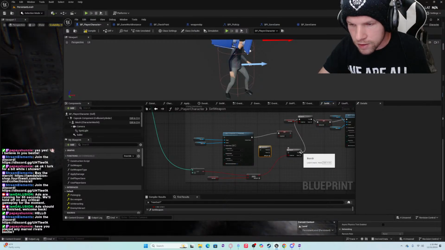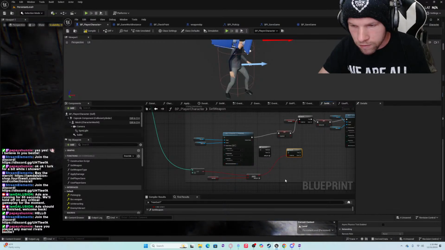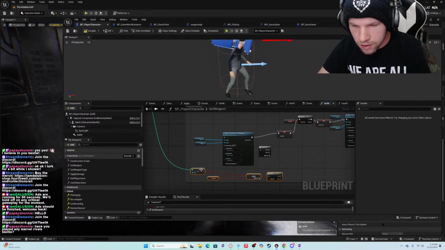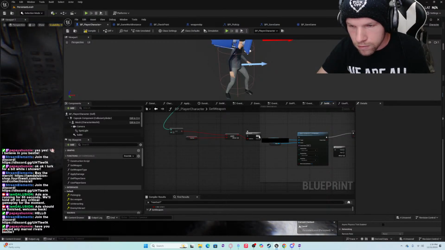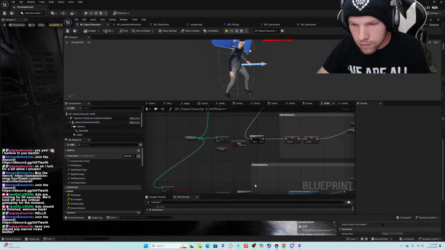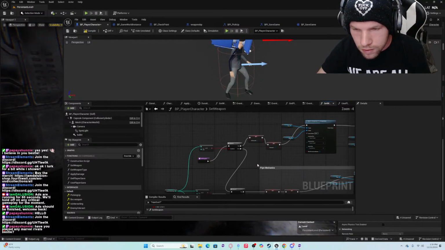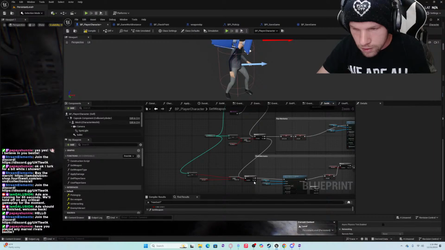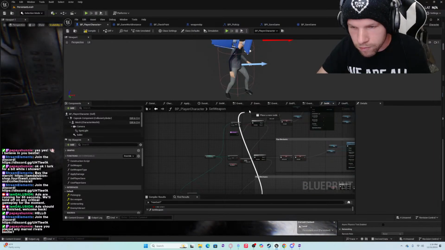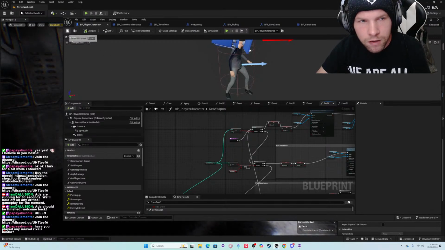Take off that sequence node. And we want to just first off run this check. So then 2, and then have it cycle back to here.